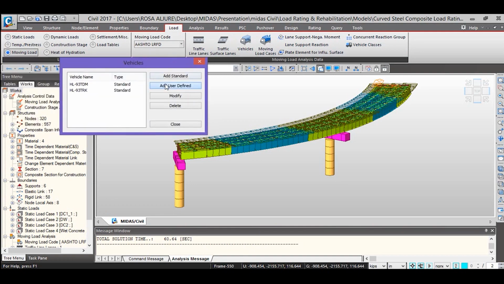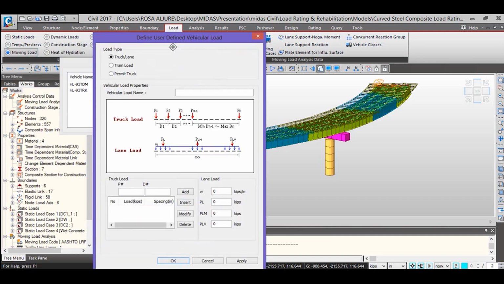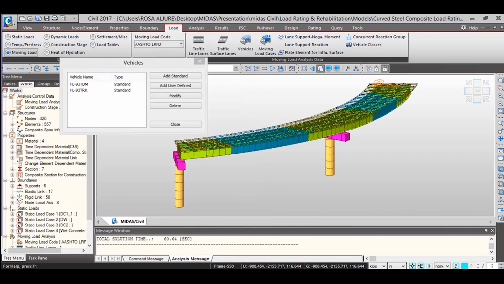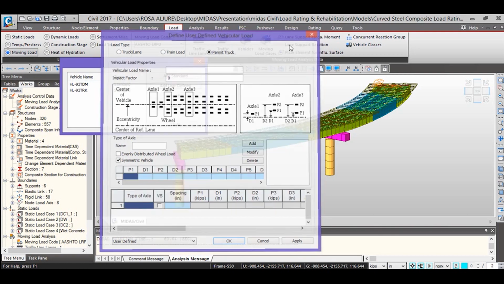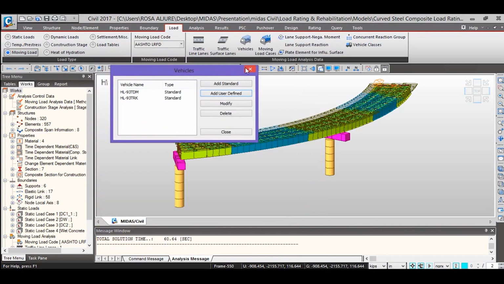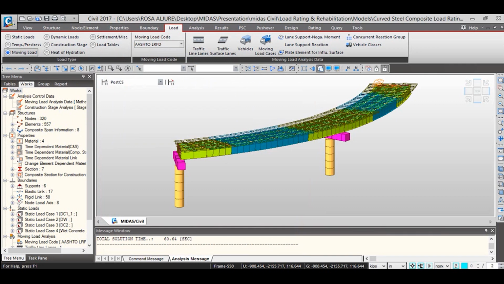There's a function in the program that is add user defined vehicle, and here you can define the permit truck. You can define the axles of the vehicle and the loads for each one of them. So just in case you have to perform the permit load rating, you have the options in the program.